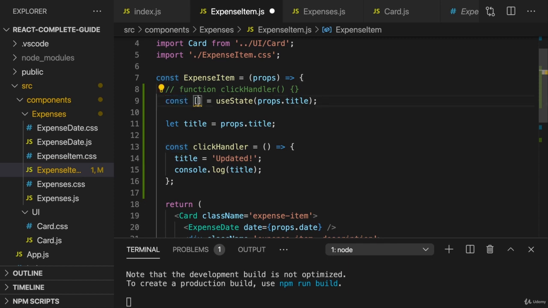Now you can choose any names of your choice, because for array destructuring, it's just the order which matters. And I'll name this title and setTitle. The first element, as I just said, is a pointer at that managed value. So initially at props.title, the value stored in props.title. And the second element here is a function which we can later call to set a new title, hence this